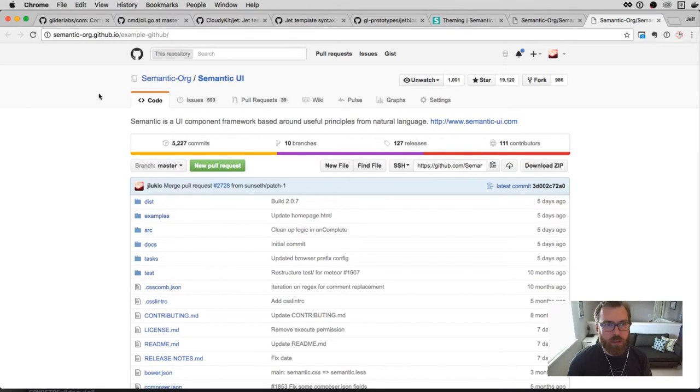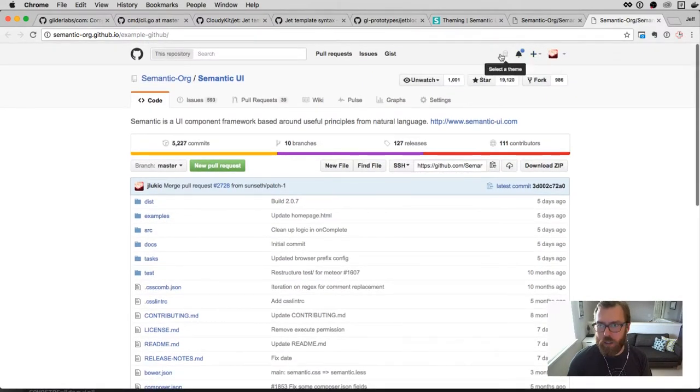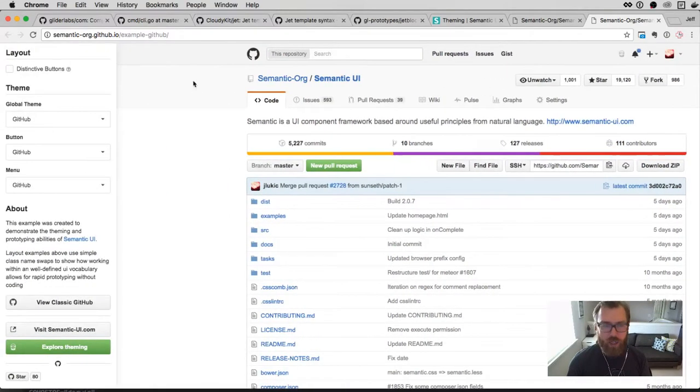This is not... Oh, what am I looking at? Okay, I was confused. They are emulating GitHub, and they need to make that more clear. I thought I was taken to a GitHub page, but it was actually a page created in Semantic UI that looks enough like GitHub. It's different enough that I'm like, this seems weird. And just kind of for fun, they have a couple of other